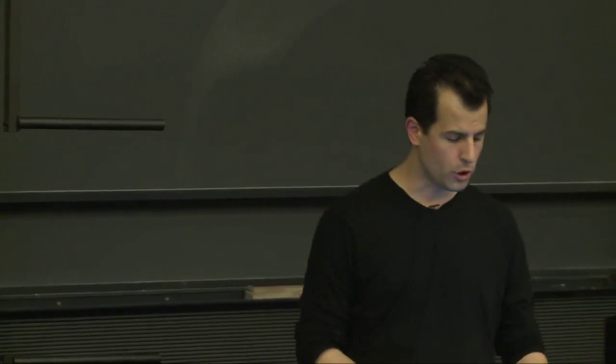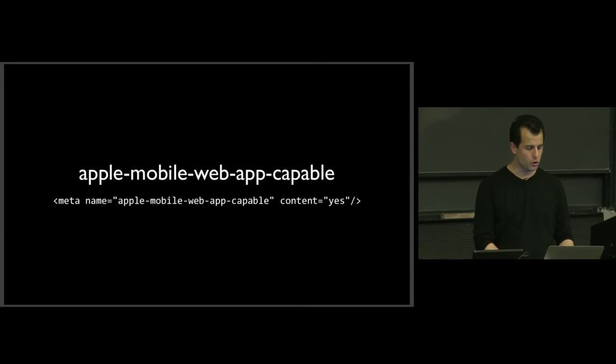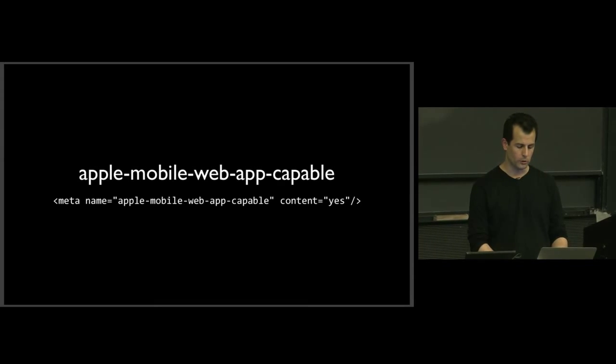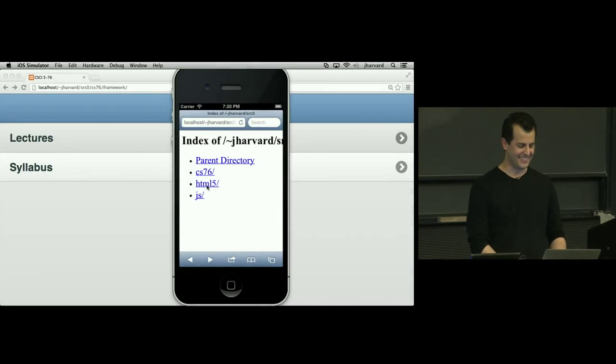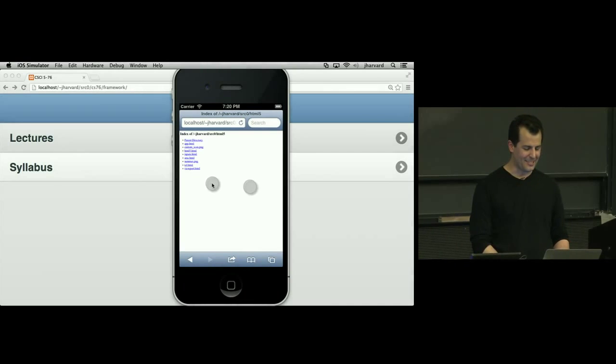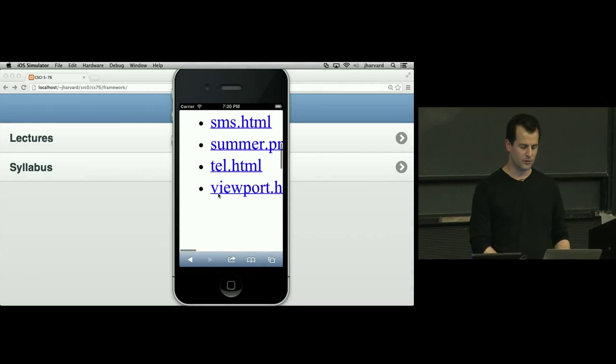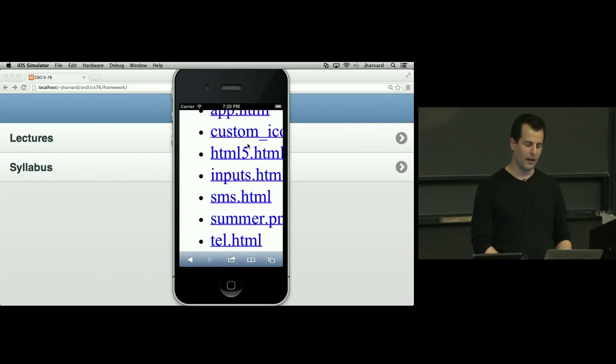So if I go to, let's go back to my iOS simulator, which again we'll have you download in a week or two's time. And I go back to my directory of code. Let me go back, and let me go into tonight's. Well, that would spoil the surprise of what I see here. Yes? Fix that later. So if I go into my HTML5 page folder, and scroll down here,